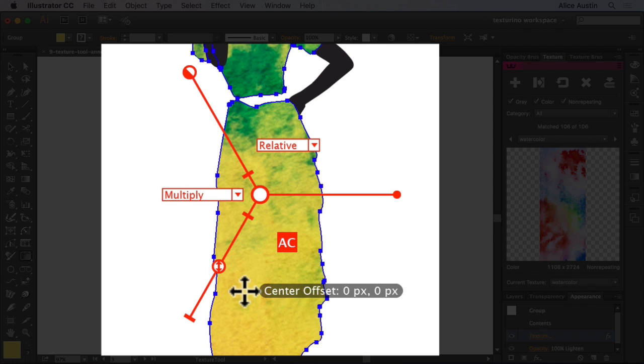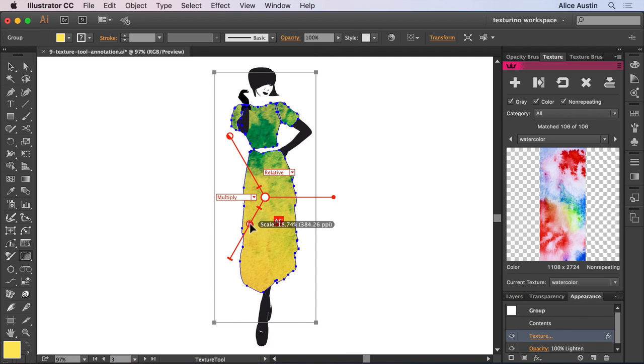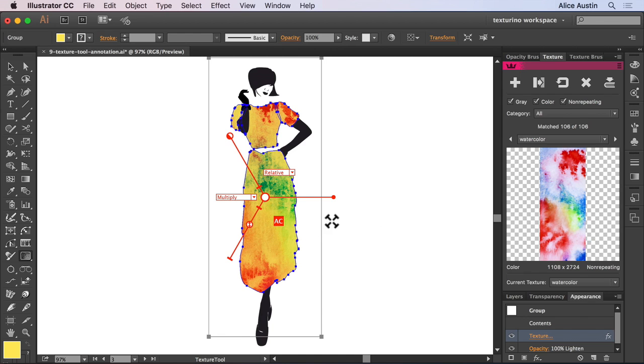This interface is probably familiar to users of Stylism. The first arm is Scale, which has this little arrow icon. If I drag the arrow icon inwards, you'll see the texture scales down, the grey box showing us the texture bounds. If you're using a repeating texture, the bounds will be dashed.